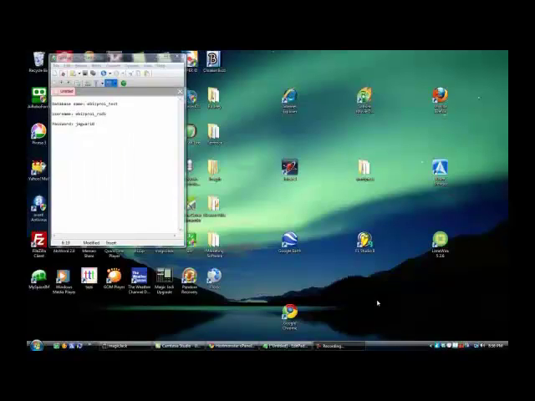Okay, what we want to do next is go back to our desktop here where we have our WordPress installation downloaded. You see it right there, WordPress. And we want to change the name of this folder. Now, it's not going to change anything inside, but the reason you want to change the name of that folder is so that when you upload it, the installation itself